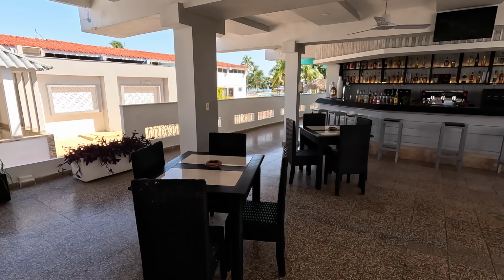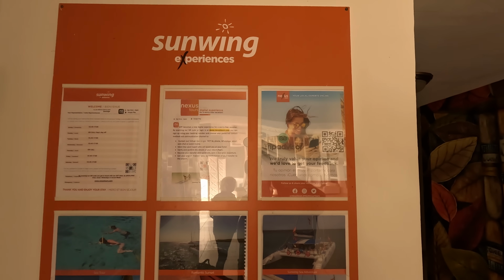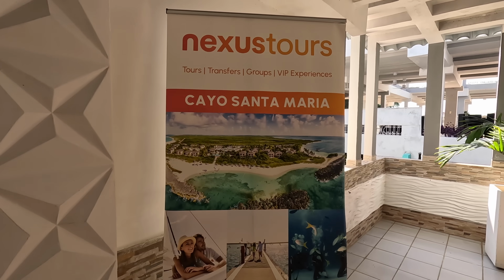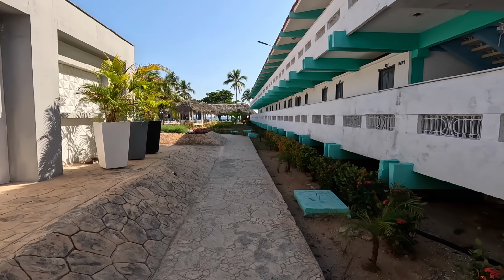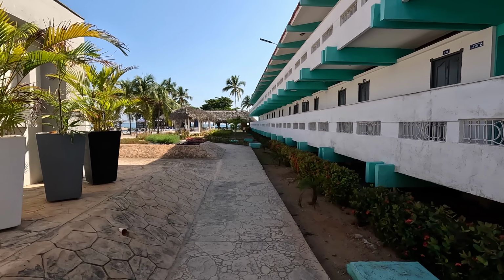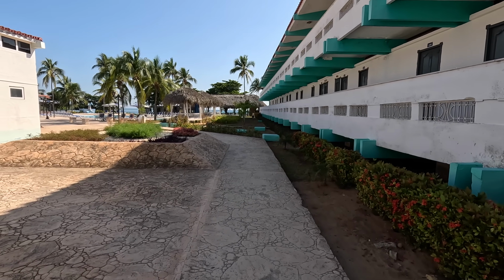Now, this is all open air. You know, the breeze is gonna blow through here. Also in this area, that's where you're gonna meet your travel rep at your scheduled time that they give you after the transfer. Now, right beside that, you're gonna notice that's where the standard rooms are here. Now, if you just walk down the little corridor, right by the lobby bar,